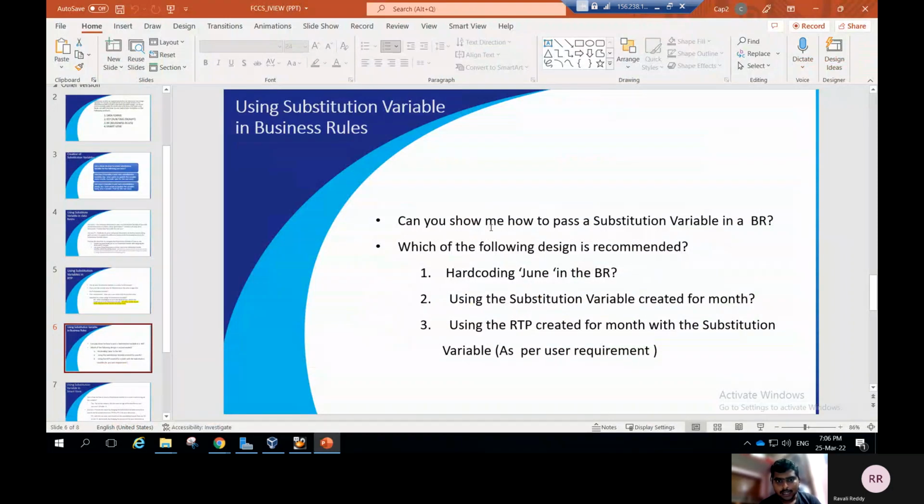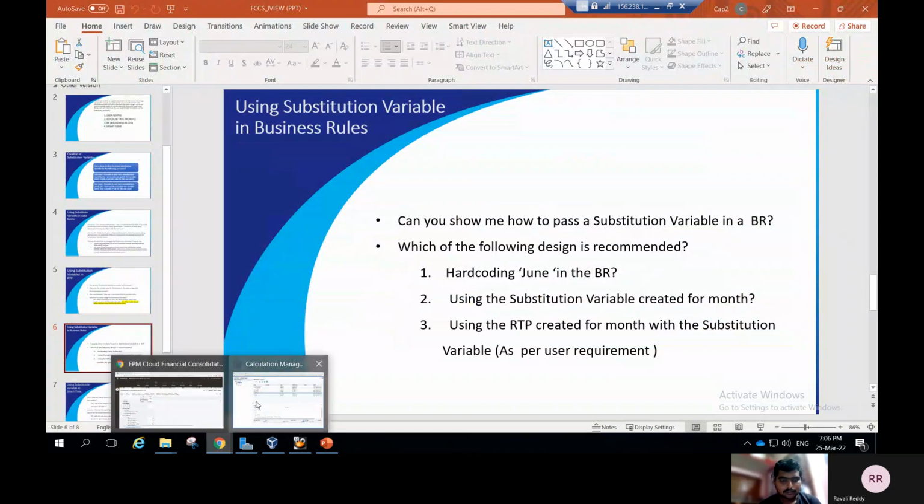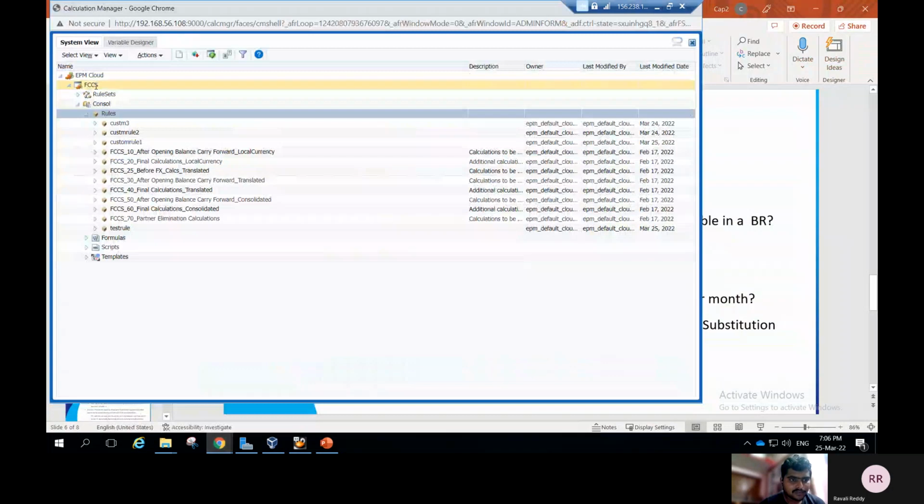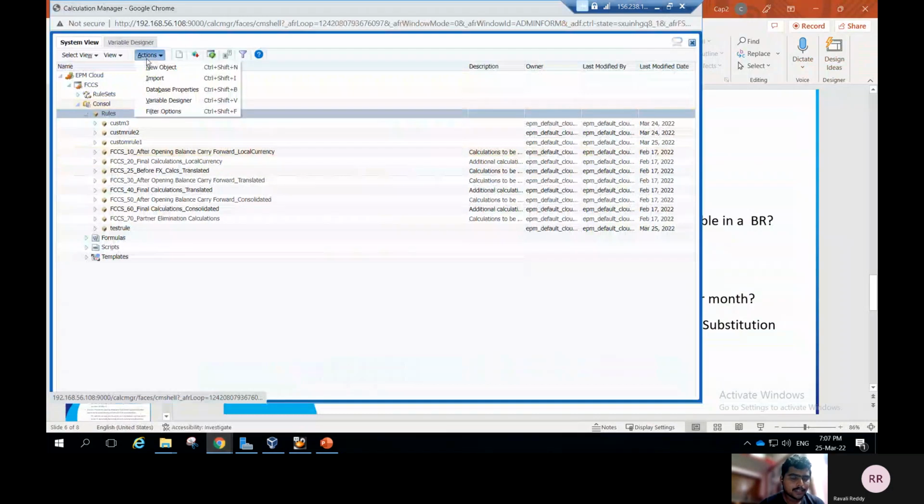Now I have shown how to pass the substitution variables in a business rule, and I will go to the application to show you how to pass the substitution variables in business rules. In the smart view system, you have the option of expanding the EPM cloud. Under this is the application name, and the rule set is under the console. These are the default rules. If you want, you can create one: right click, then create the new object, so you can